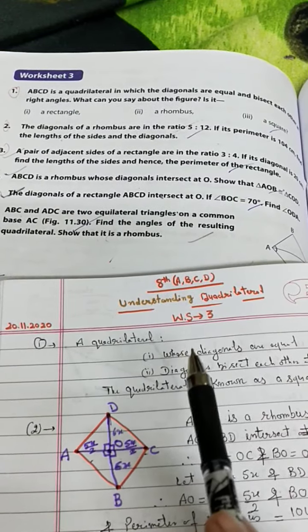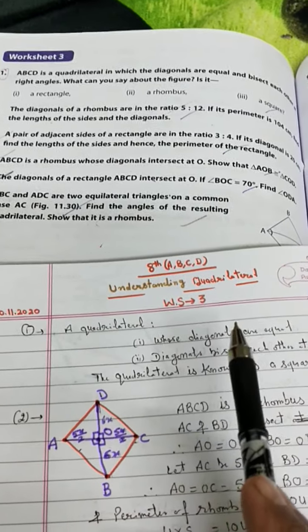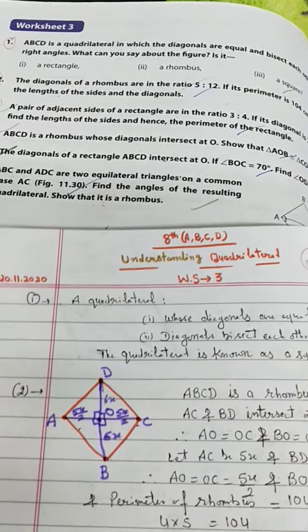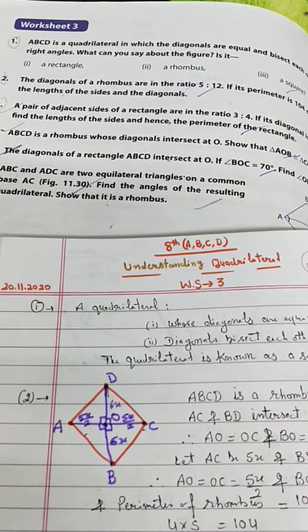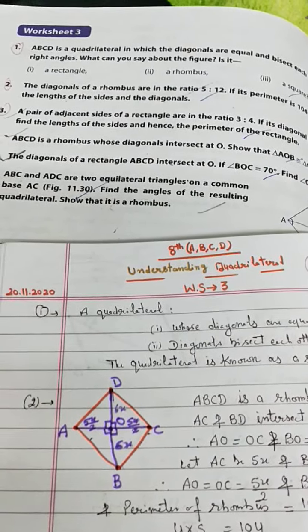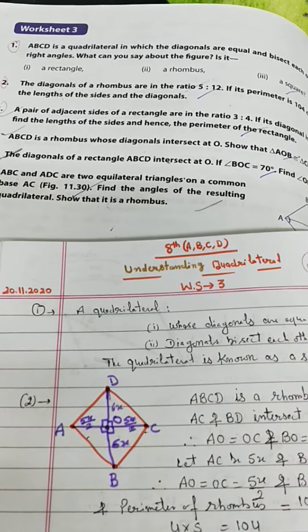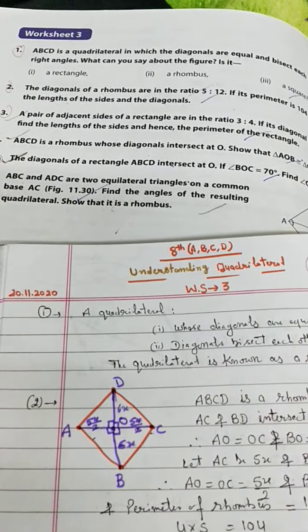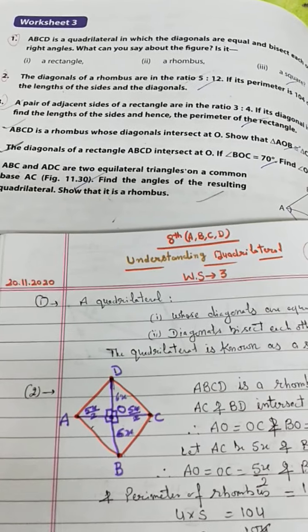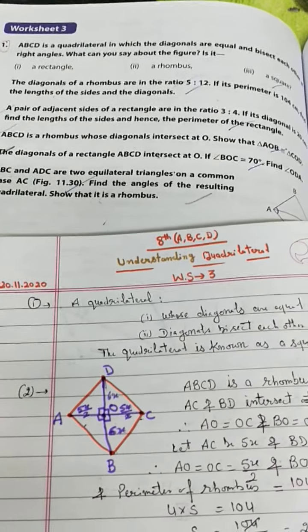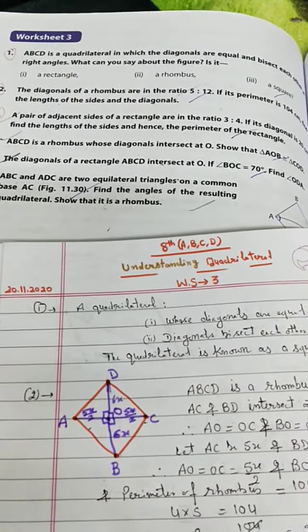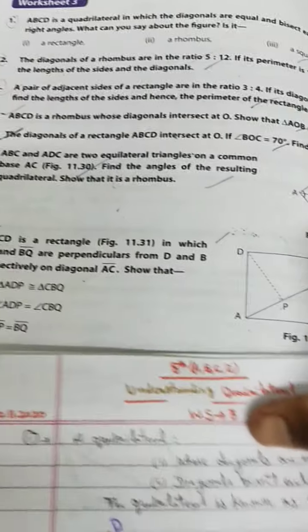So I go for worksheet third, understanding quadrilaterals. Now you know the properties of parallelogram, trapezium, rectangle, square, rhombus, and trapezium. Use these properties in these types of sums. So the first question of worksheet third is that